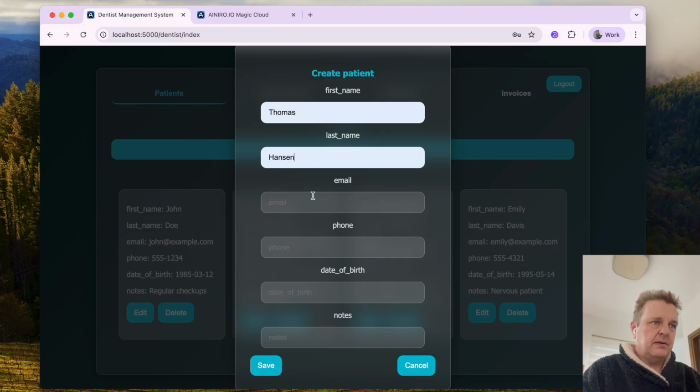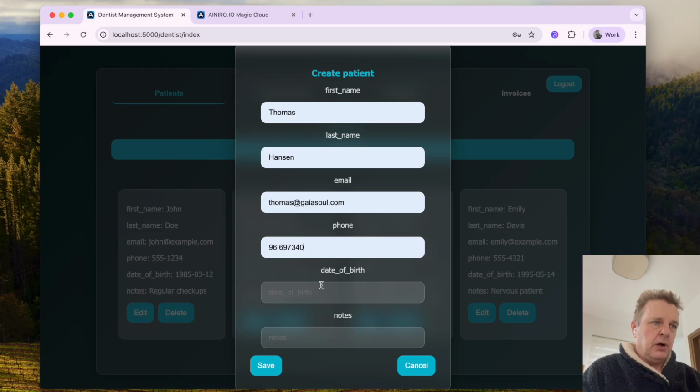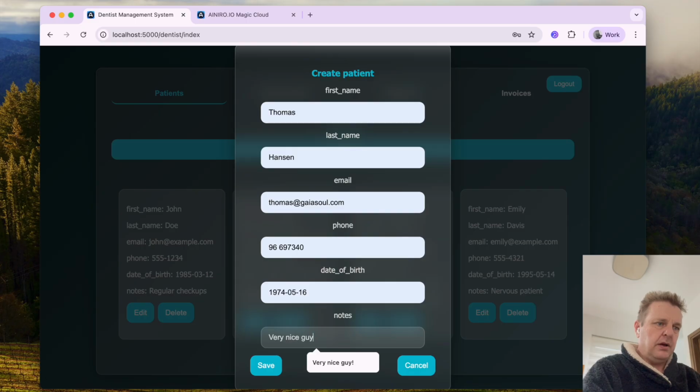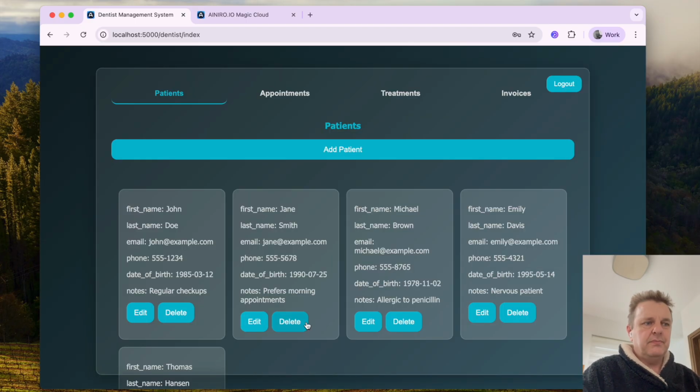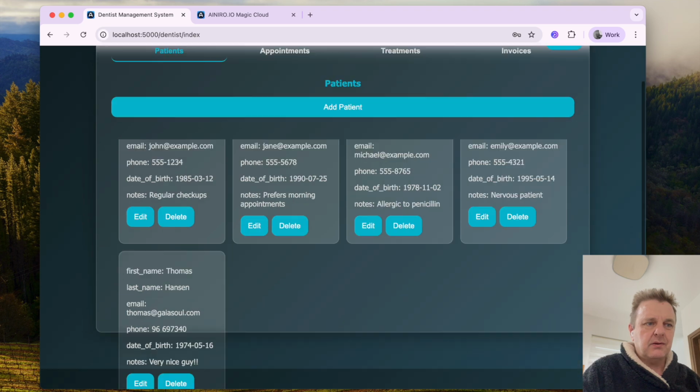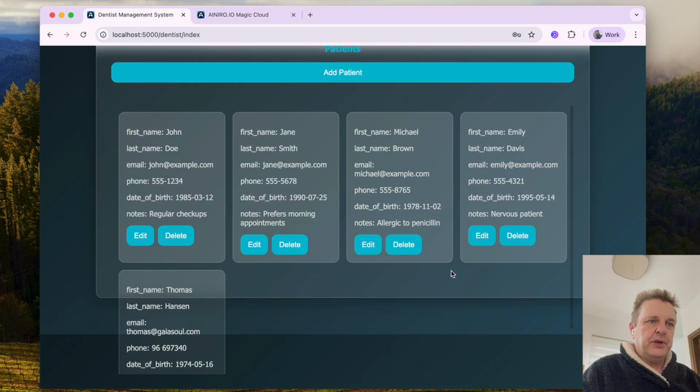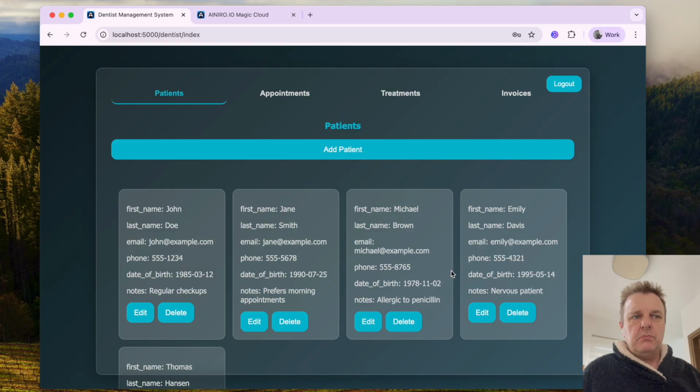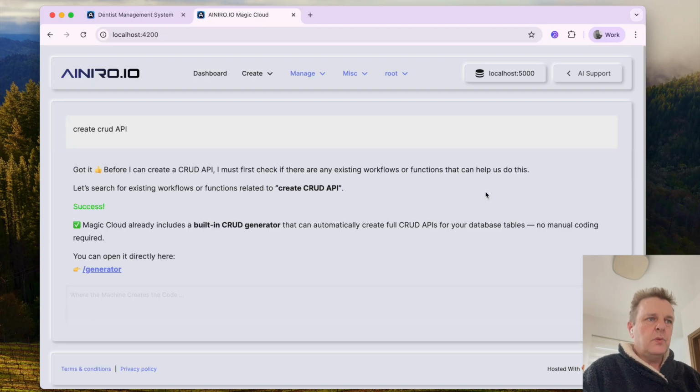Thomas, Hansen, blah, blah, blah, very nice guy, right? I'm not going to win the design contest, obviously, but let me show you how I created the system, because I still have the prompts open. I used Magic Cloud, link in the description, and notice I'm using the open source version. So I mean, you can download this, and if you have an OpenAI API key, you can actually reproduce